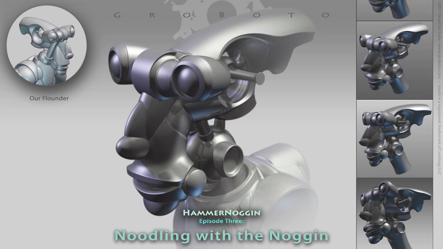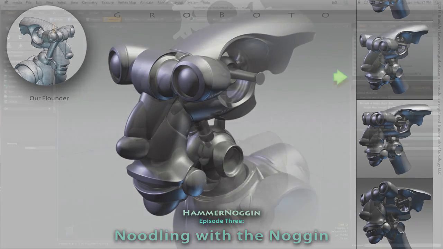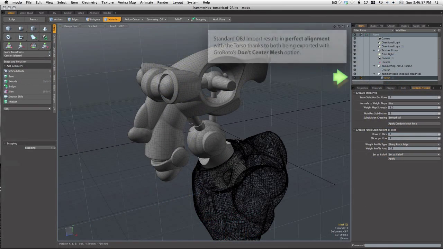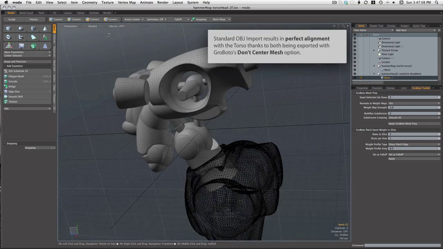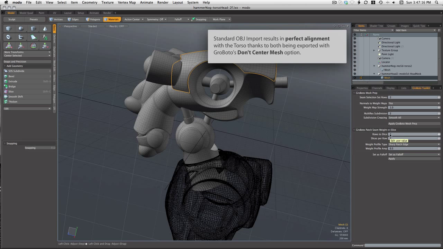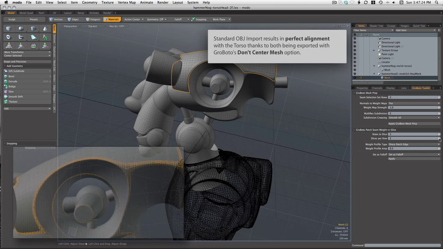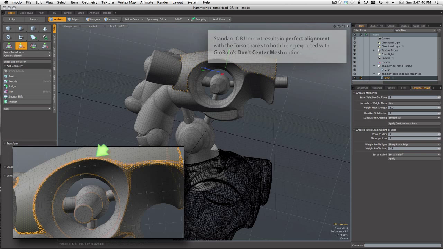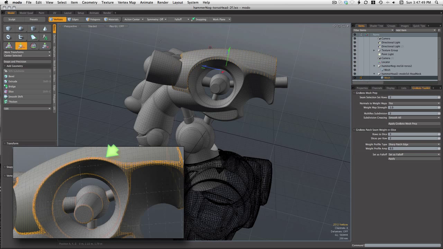Alright, this is episode 3 in the HammerNoggin series, where we have taken a GroBoto model, imported it into Modo, and using the GroBoto-to-modo Toolkit have been refining it and working it up. You should definitely take a look at the earlier videos if you haven't already, because we're going to jump to a higher level here and look at more of the why things work, not just how to use